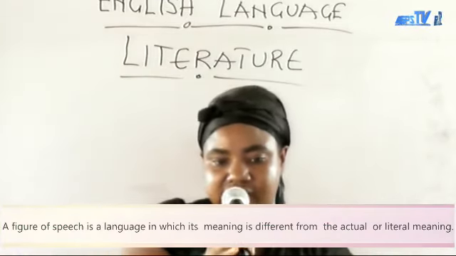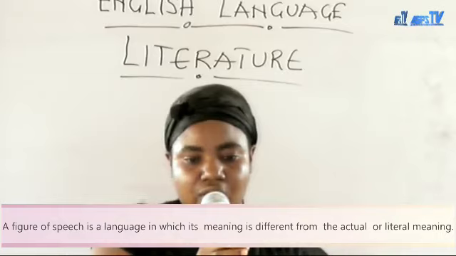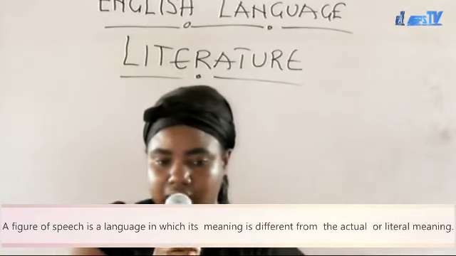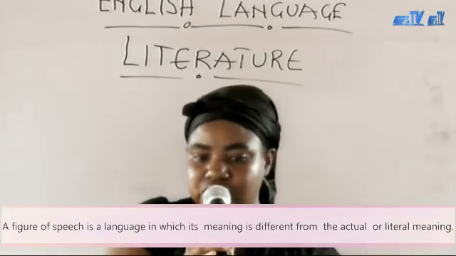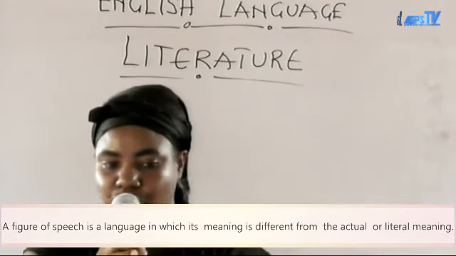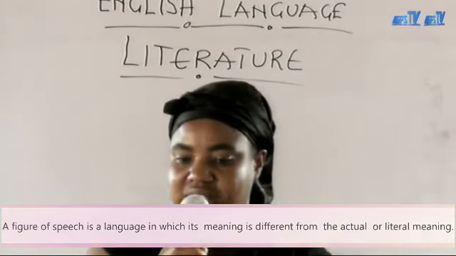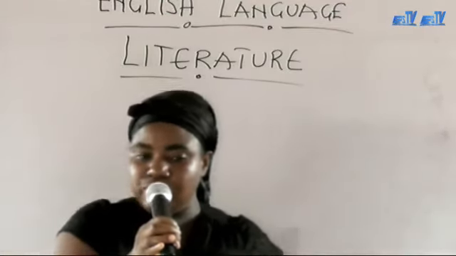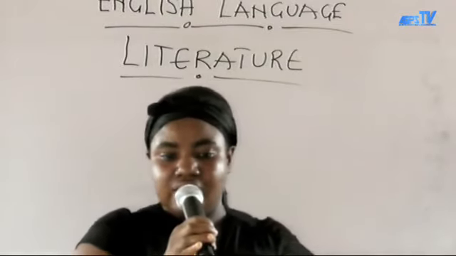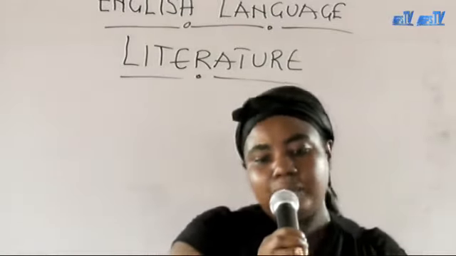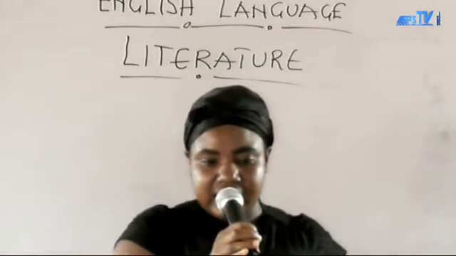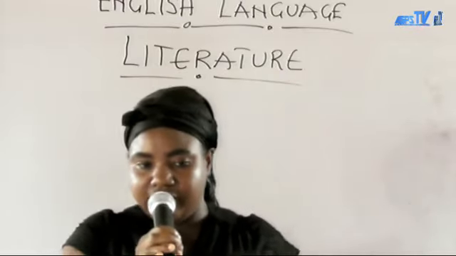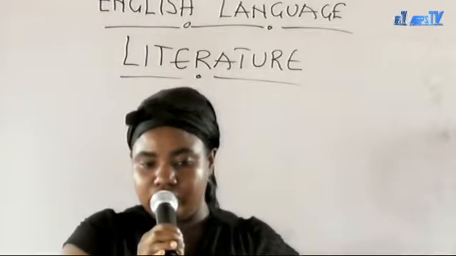In literature it is different. Example, we can say the lady is a town helper. Here we are using the figurative, the lady being compared to or having the trait of a town helper, meaning the lady is a prostitute. We don't want to use prostitute because it sounds unpleasant. So we want to make it look pleasant, so we say the lady is a town helper. And this is a literary device or a figure of speech called oxymoron.